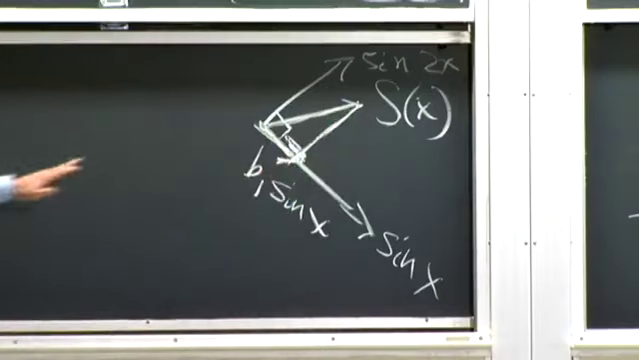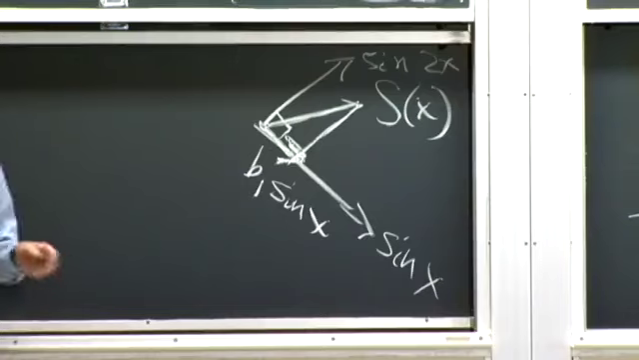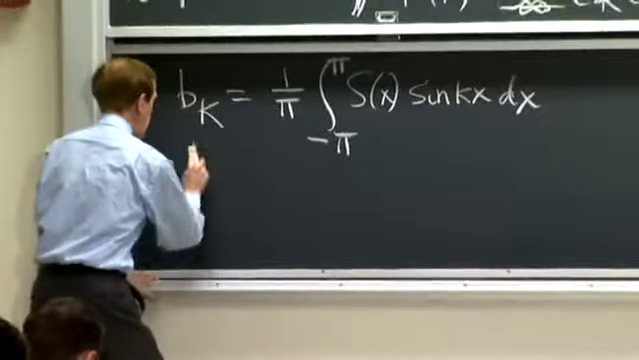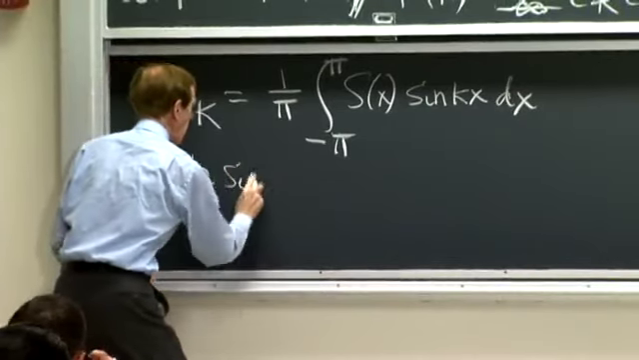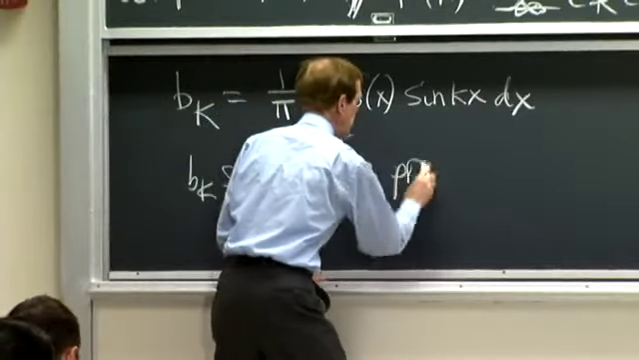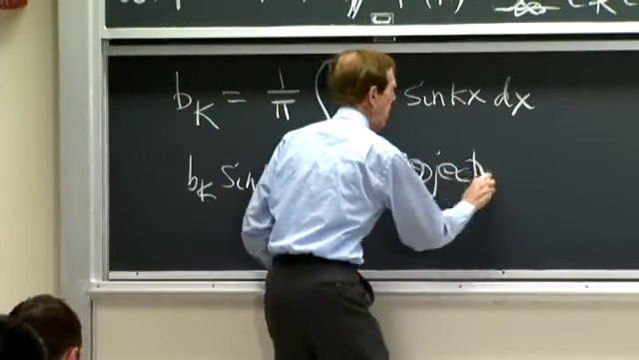And the whole point is that calculation I did not have to do, it didn't involve b2 and b3 and all the other b's. When I'm projecting onto orthogonal directions, I can do them one at a time. I can do one-dimensional projection at a time. This bk sine kx, I'm just saying this in words, is the projection of my function